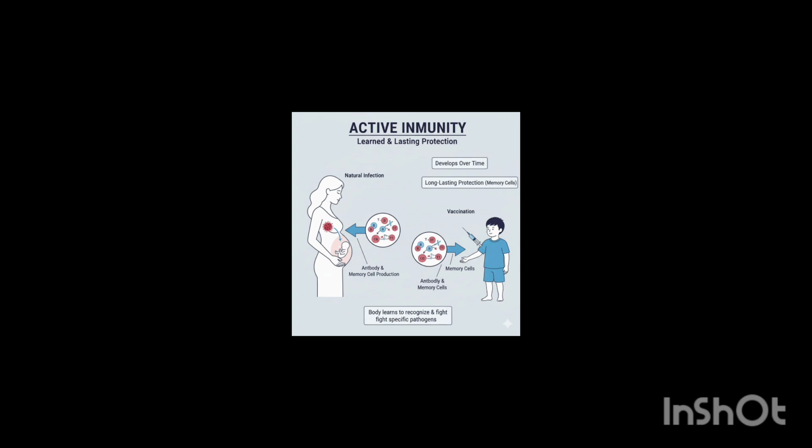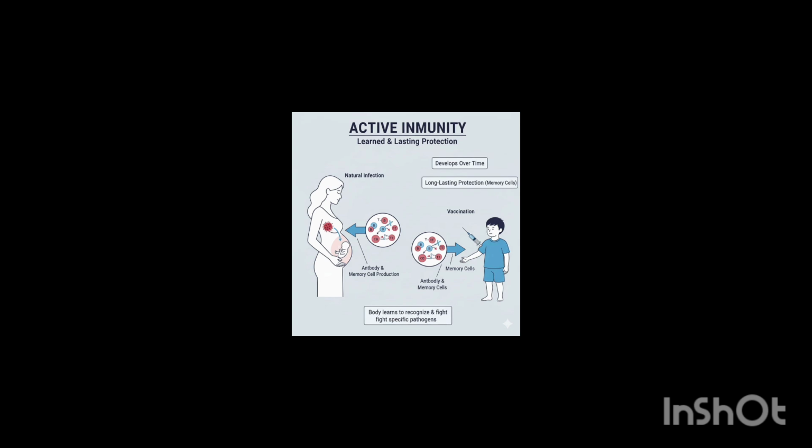As a result, when the body is exposed to the same antigen again, it will be able to respond quite fast. And the ultimate result is the creation of a long-lasting memory, which will produce a long-lasting immunity to that